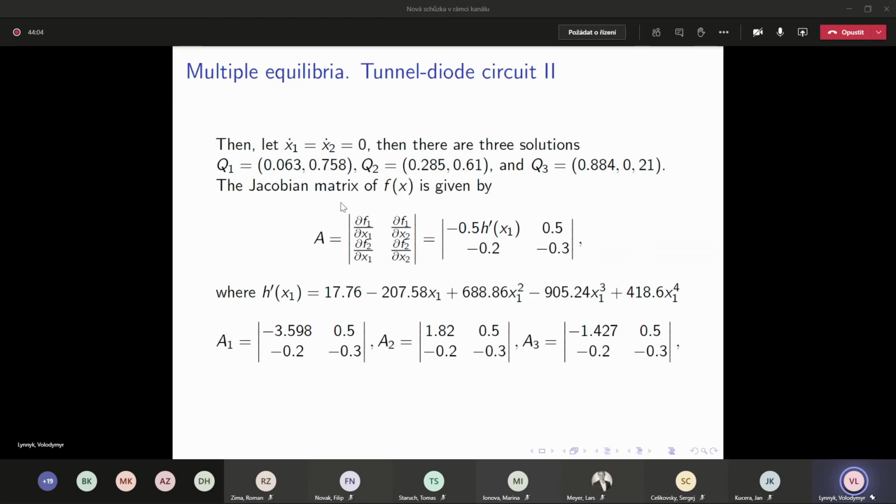This moment, I need to find MATLAB. Okay, and